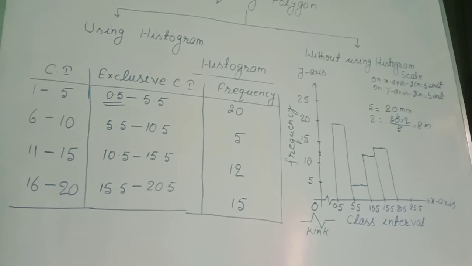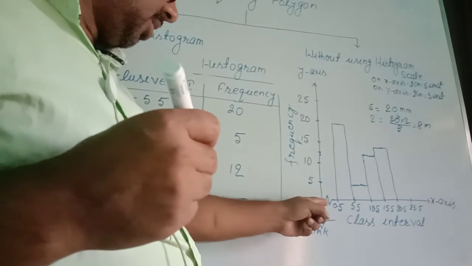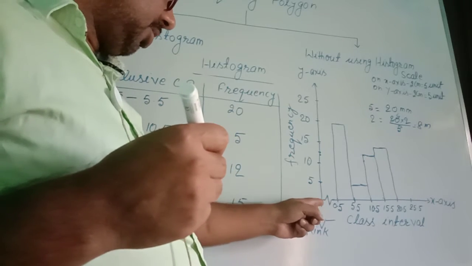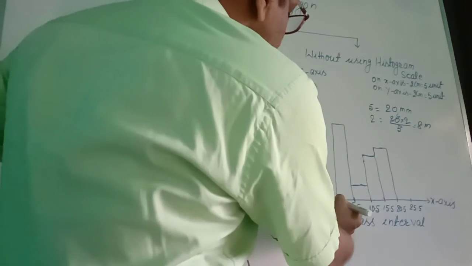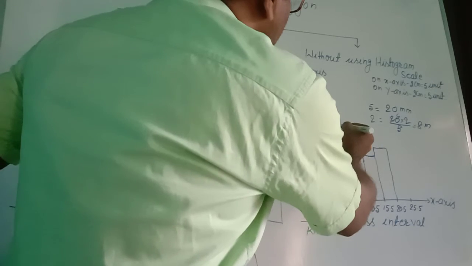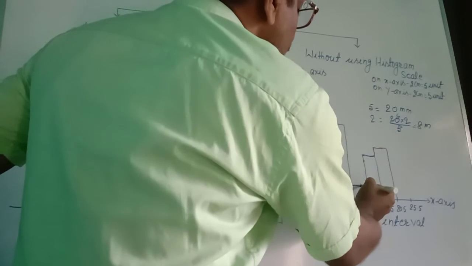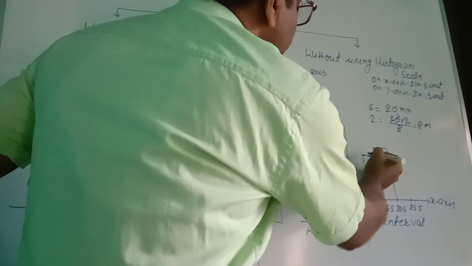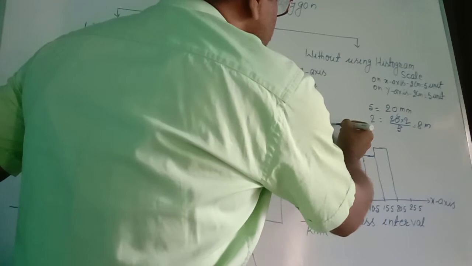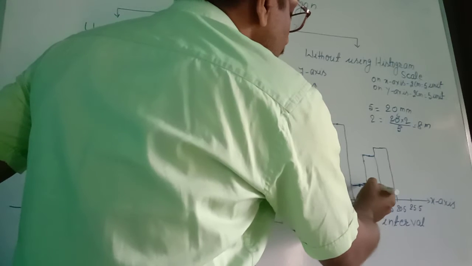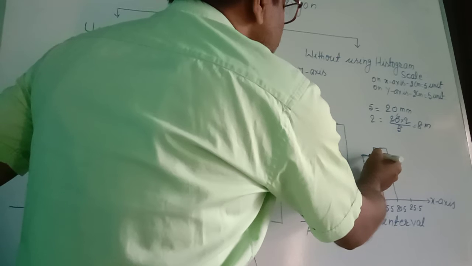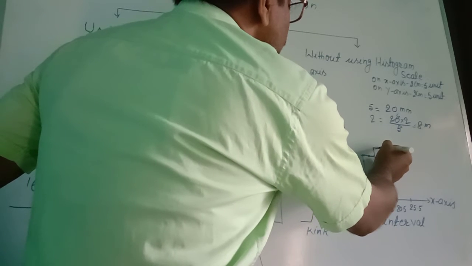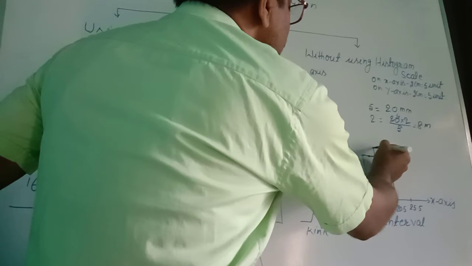Now we will draw the frequency polygon. That is a very easy process. Since this is not starting from 0, you choose the middle point of this. This is 2 centimeter, so 1 centimeter will be the middle point. Suppose it came here, and use the middle points of these lines also. This width is 2 centimeter, so the middle point will lie at 1 centimeter. The same for each of the next widths, each 2 centimeter, with the middle point 1 centimeter from here.